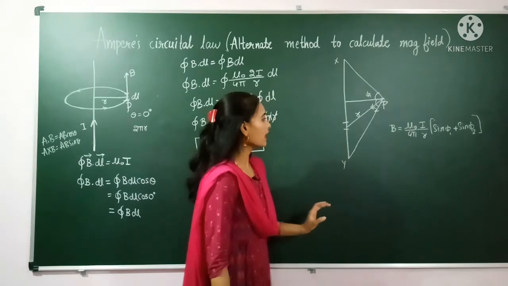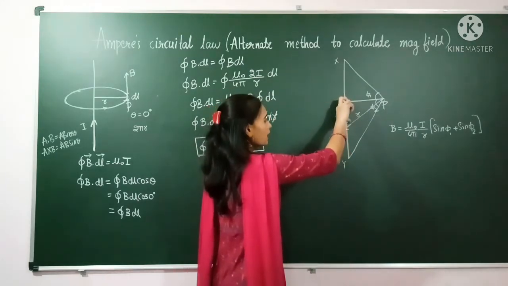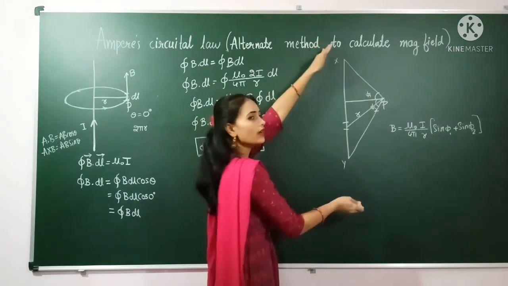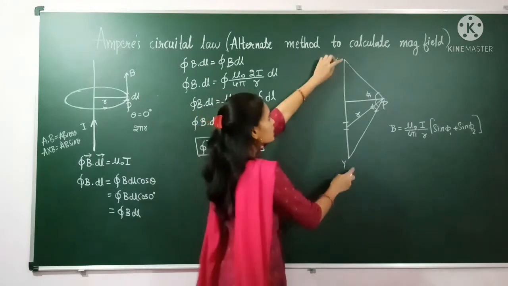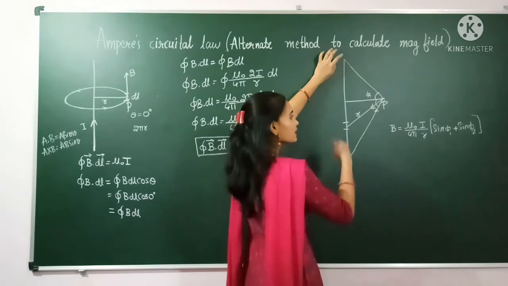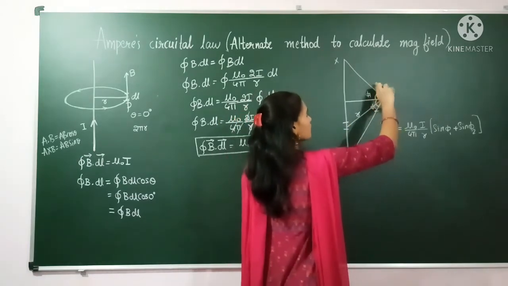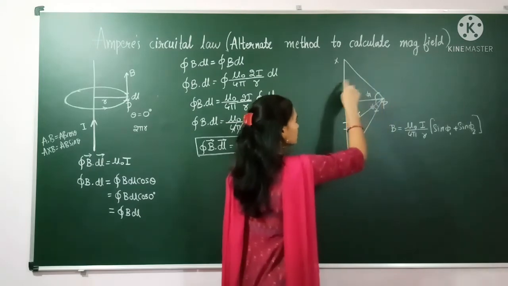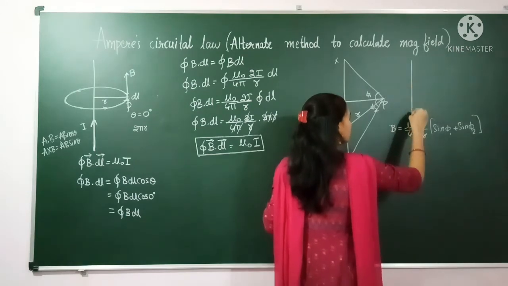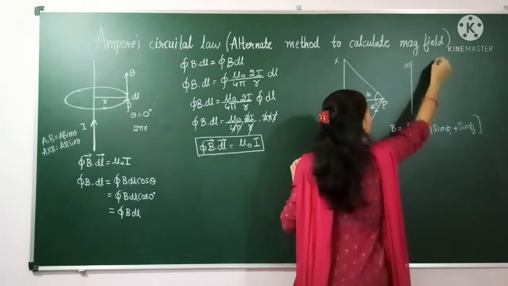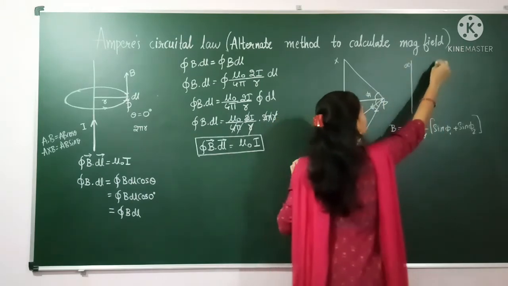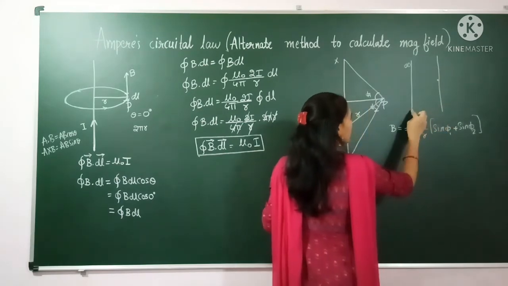Now, instead of this finite length of wire, if you take an infinite length of wire, meaning a very large length, then what happens is that these two ends we will not get, since it is infinite. If you want to join these two ends in the infinite wire, these two lines will become a straight line, and this straight line will be parallel to the wire. So this is our wire of infinite length, and here this is our point P. At this point P, if you join these two ends, the line will become straight and parallel to this wire.